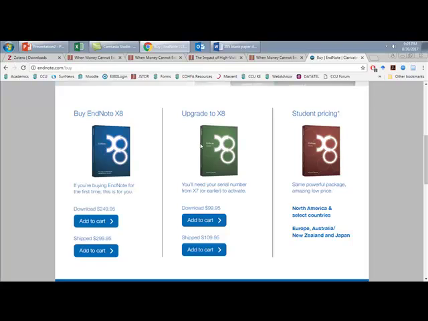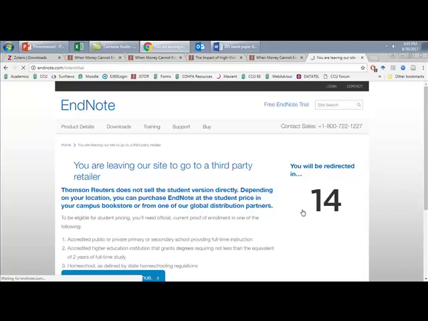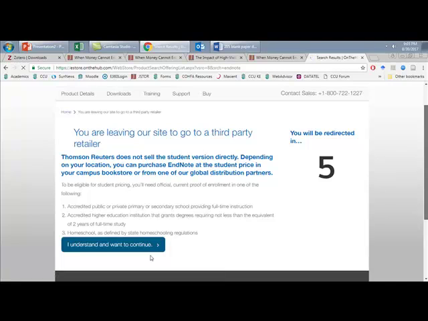So that way, even if you didn't have a book in your library to download the citation information, you could go to the Library of Congress's website database and it would actually work. So let's see, EndNote 8, $250 to download, and for students, it looks like it's a little shady by going to a third-party retailer,